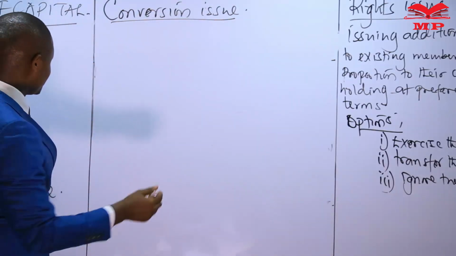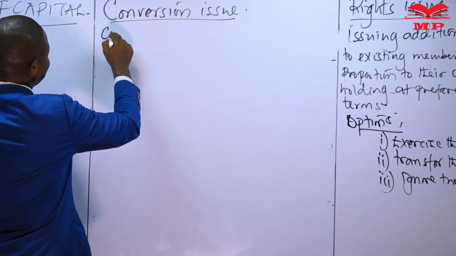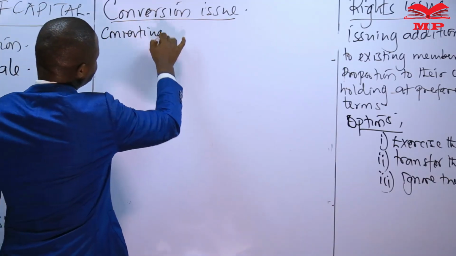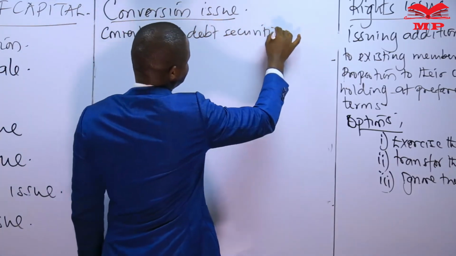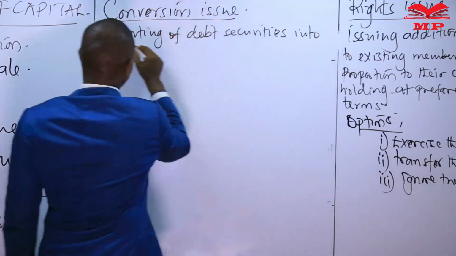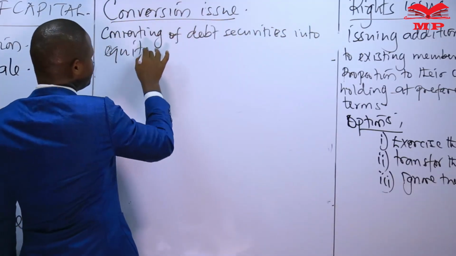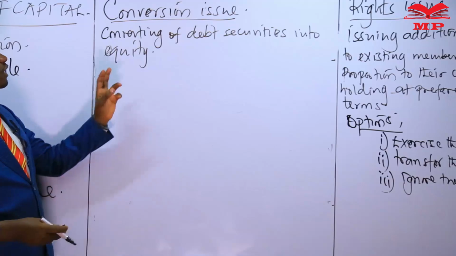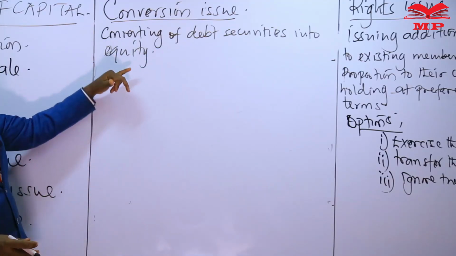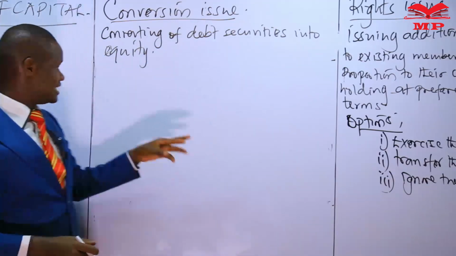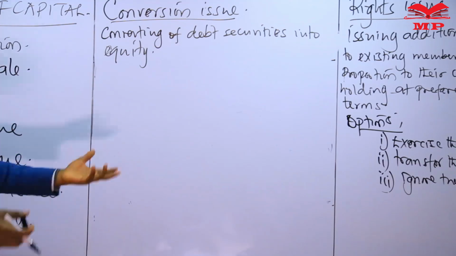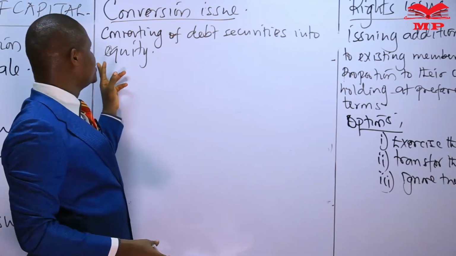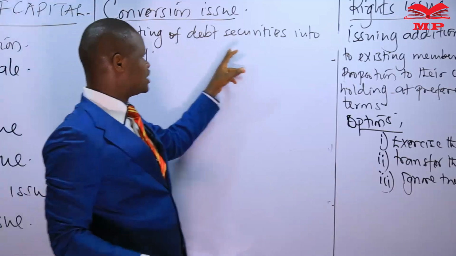In such cases, then we are talking about the converting of debt securities into equity. So the holders of these debt securities, once they exercise this option that debt has been converted into equity, then the result is that we have raised our share capital, that our share capital is increased as a result of this new equity created as a result of the converted